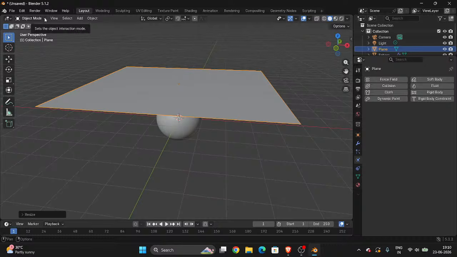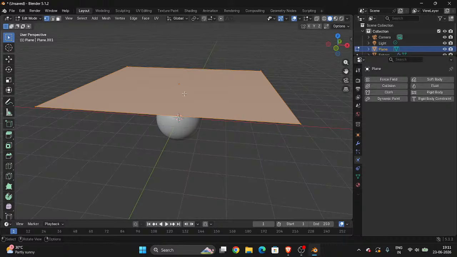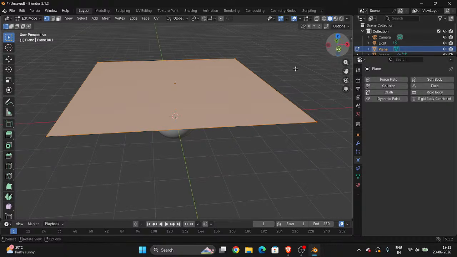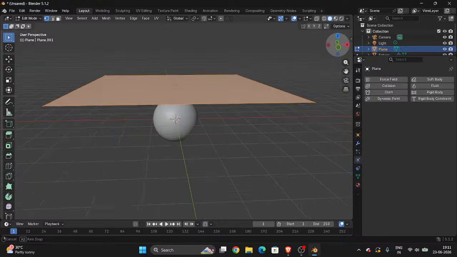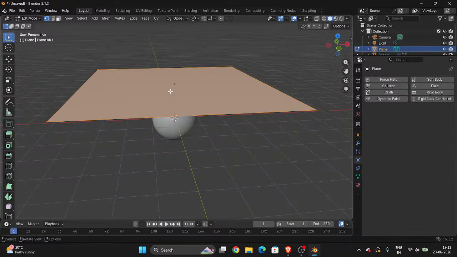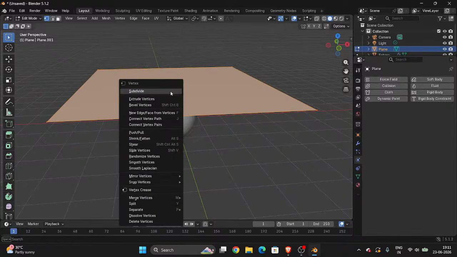You see here you have a total of six things: object mode, edit mode, sculpt mode, vertex paint, weight paint, and texture paint. So what we have to do is select edit mode, and now you can see the entire thing is colored in a golden orange, I guess. So what we have to do is right click,